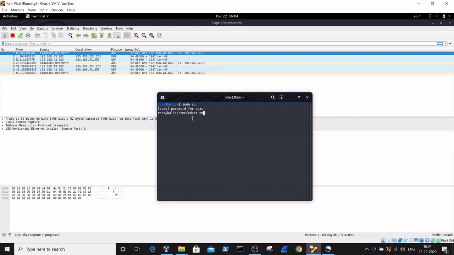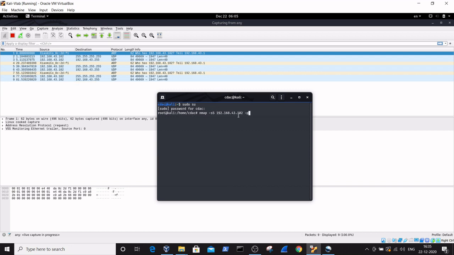The command is nmap, space, -sS, where small s stands for scan and capital S stands for the SYN scan, and give your target IP address. Here I have given 192.168.43.1, not 2, and this is my target IP address.